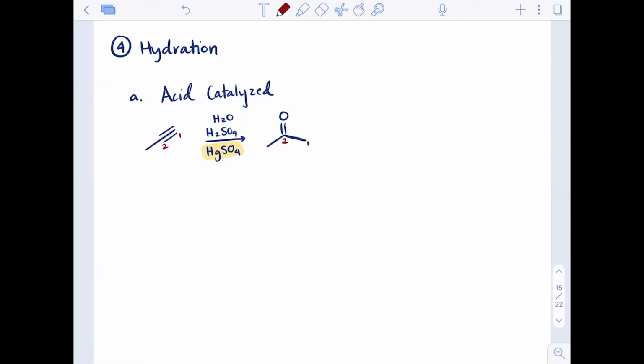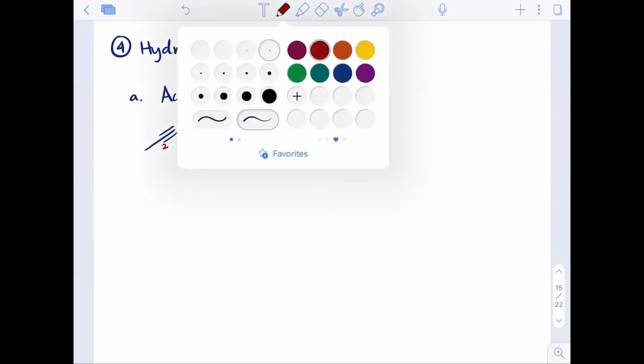However, notice we don't have 2 alcohols here. Acid catalyzed hydration in this mechanism of an alkyne results in a ketone. We're going to see what happens with that and the intermediate that forms to produce this ketone as a product instead of an alcohol like we saw in chapter 8. All right, so for this curved arrow mechanism,